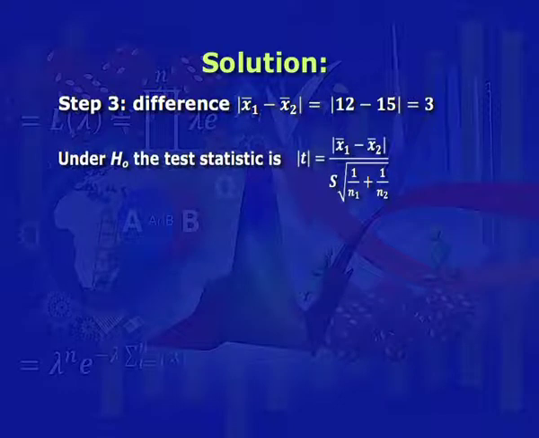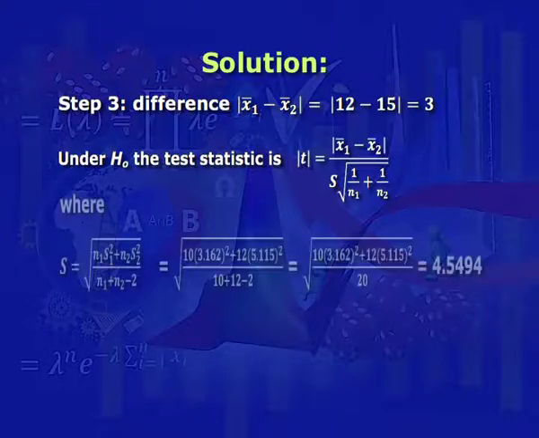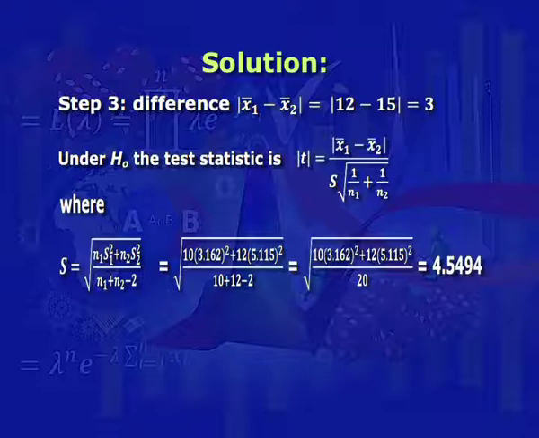Now under H0, the test statistic is defined as absolute t equal to absolute difference x1 bar minus x2 bar divided by s into under root 1 upon n1 plus 1 upon n2, where s is under root n1 s1 square plus n2 s2 square upon n1 plus n2 minus 2. Substituting the values of n1, s1, n2, s2, we get under root 10 into 3.162 square plus 12 into 5.115 square divided by 10 plus 12 minus 2. On simplification, we get